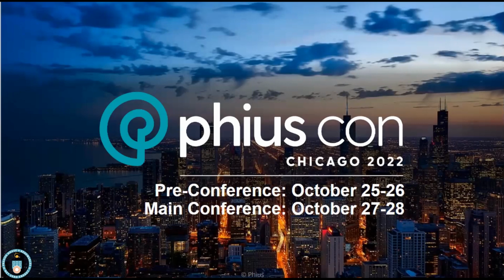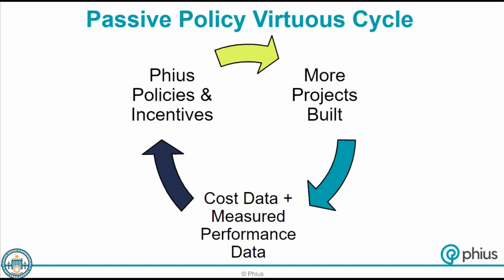Go ahead. Okay, go back a slide. So PHIUS policies and incentives. As you know, Massachusetts has had a great incentive for Passive House for the last 3 years. We've gone from effectively 0 to 8,500 units on the boards and into construction. We're about to see that ratcheted up because our opt-in stretch code will be going into effect at the end of the year, and that will require that all multifamily buildings over 12,000 square feet be Passive House. So the combined effect of all of these things is going to be a further explosion of Passive House,